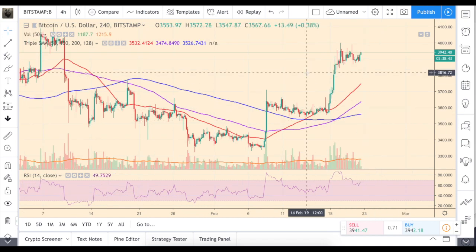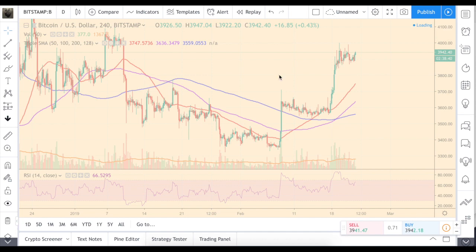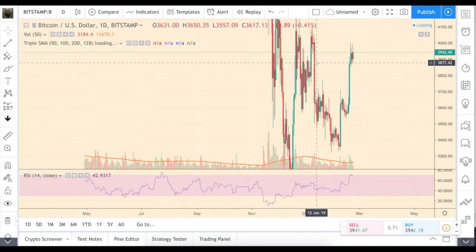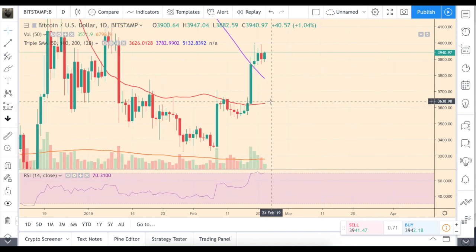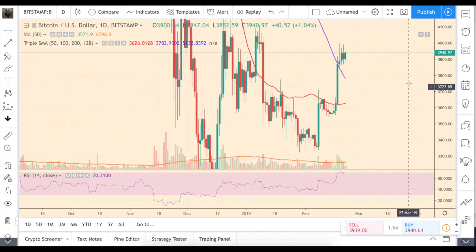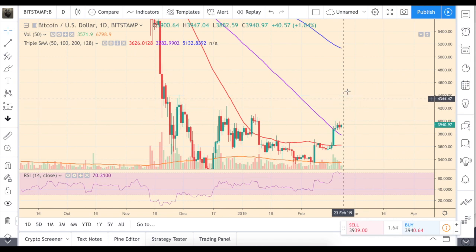The important thing is that on the daily chart we are still very close and approaching the intersection of two moving averages, and we need just a little bit more, like one tick to the upside, to make this happen. So the red will cross the purple, these are the 50 and 100 day moving averages, and as soon as that happens, maybe around $4,500 or a little bit lower,